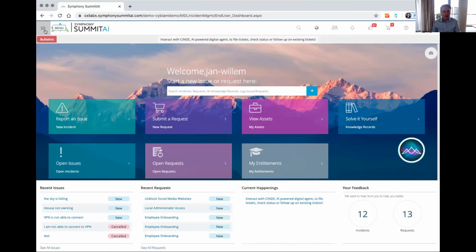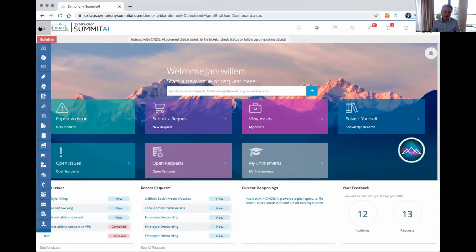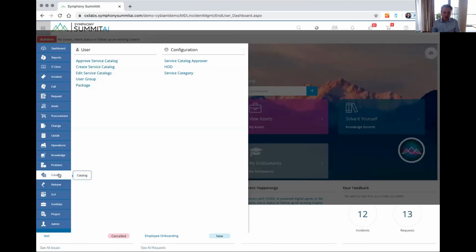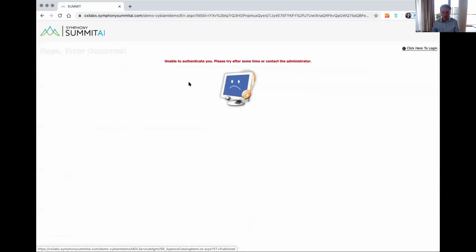So the way that we do that is I will have an administrator account. Obviously citizens won't see that, but I at the backend can configure everything. So one of the first things that I will do is start to build a service catalog for a particular service department. For instance, we could say that I would like to create a service catalog